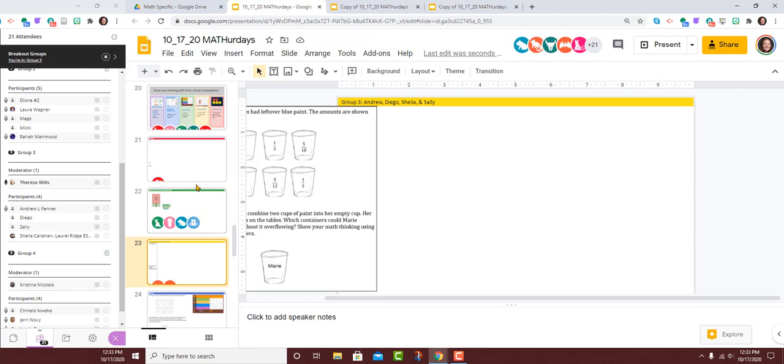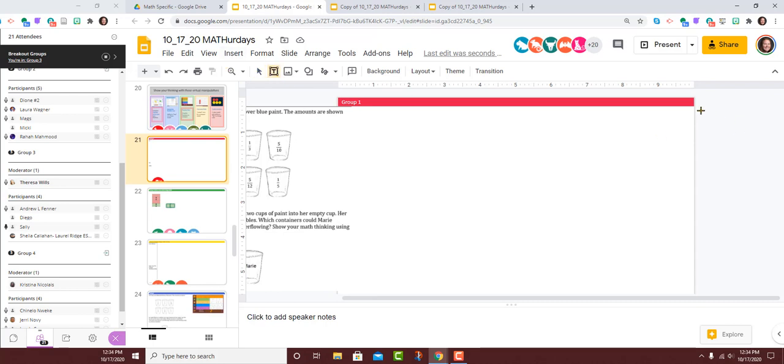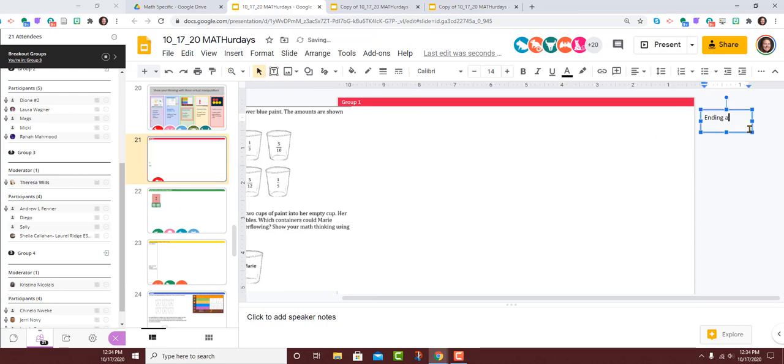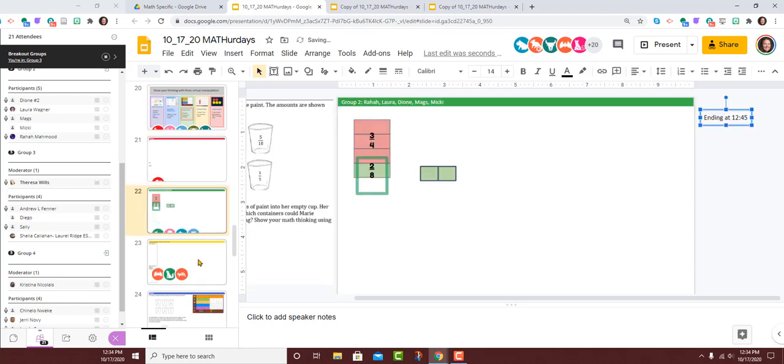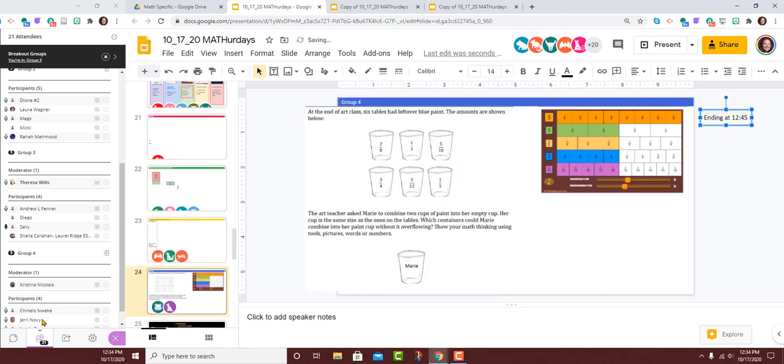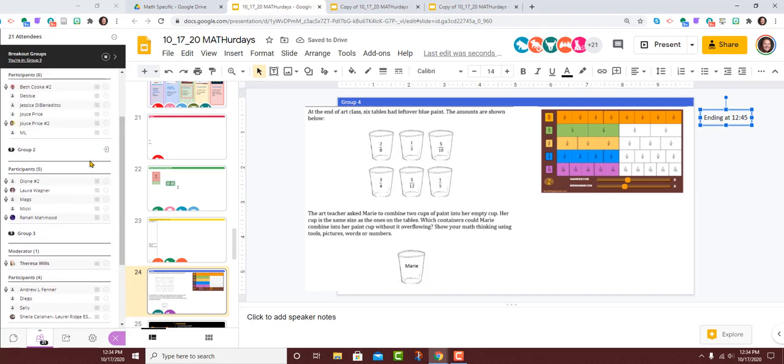If you all are using different manipulatives, feel free to take a screenshot of them, or if you're using handheld things or drawings, you can upload those as well. Teresa, quick question. About how much more time do we have to work? We are going to work until about 12:45. Great, thanks so much. I need a few more minutes to play with the manipulatives, and I'm happy to screenshot what I'm doing. Feel free to start talking if you're ready, but I'm not quite there yet.